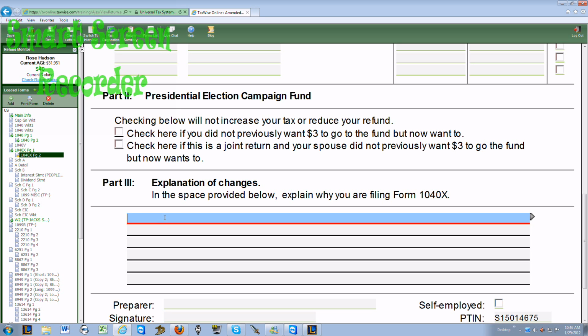For this, I'm going to assume that the reason why she's making the change is because the IRS sent her a letter. Because usually, if somebody realizes they didn't pay all their taxes, but they already got accepted and nobody's bothering them, they just kind of run with it. But in this case, I'm going to assume that the IRS did send her a letter. So I'm going to say